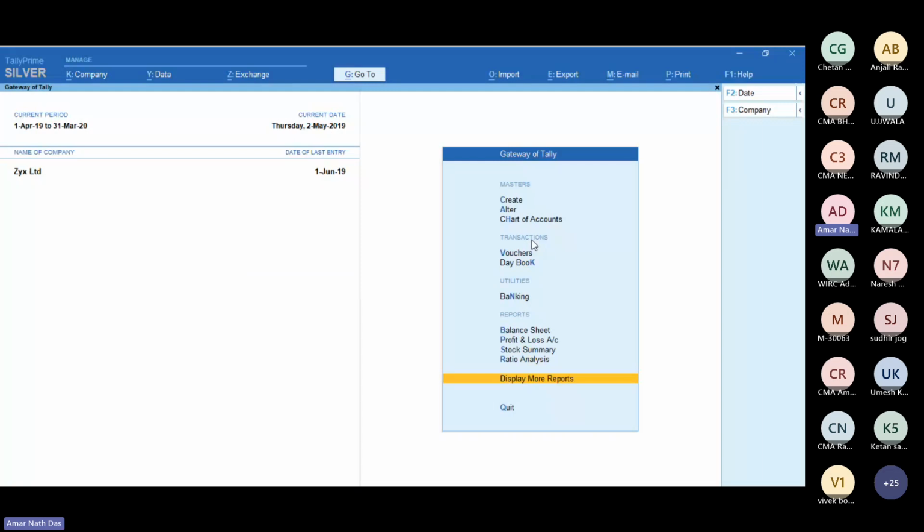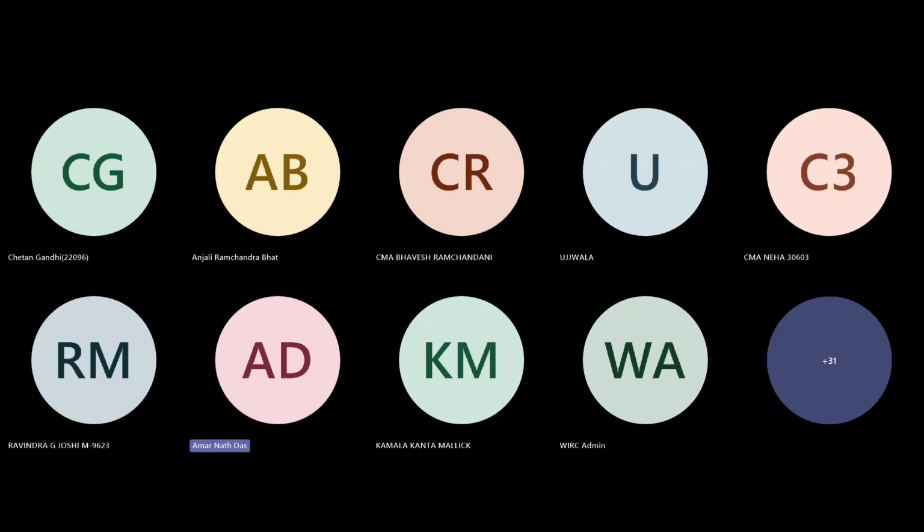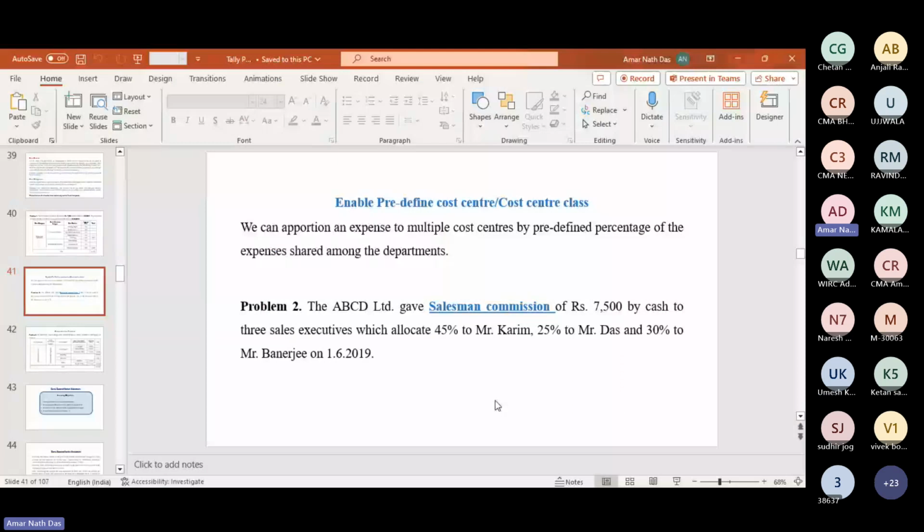So now it's time to open my. If my speed is not comfortable for you, then definitely you just unmute and tell me. Okay, now I will share my PPT again to show you the next problem